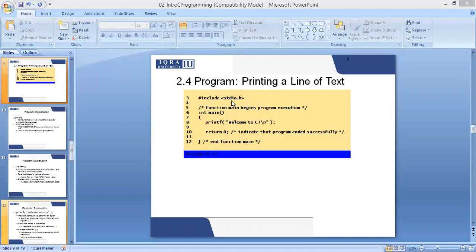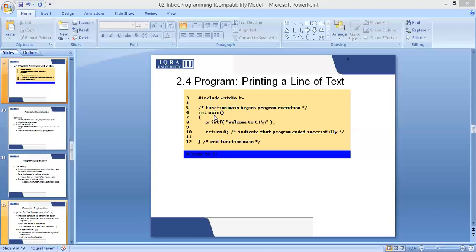What is the function that is being used over here for which we needed this particular library? Printf is a function that is used to give output on the user screen, on the black cmd. To get output on the black cmd, you have to use this function printf. The definition of printf is written in the standard input output library, which is mentioned over here. There are many libraries in the C compiler. It is difficult for the compiler to search every library for a specific keyword. The purpose of including this library over here is to make the job of the compiler easy.